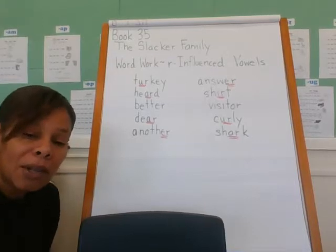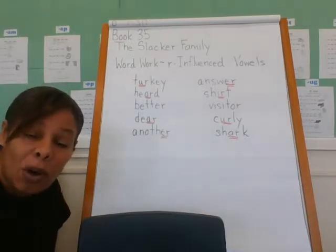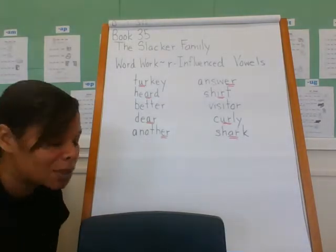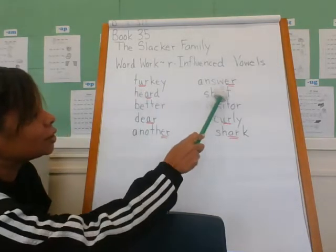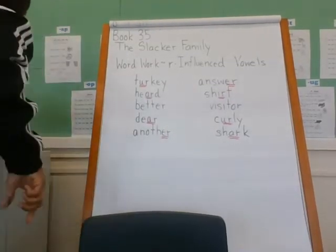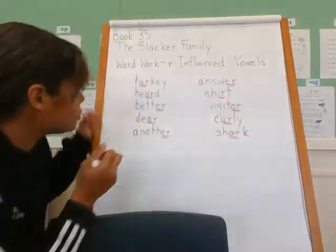Okay, so sometimes in your writing, you might have a vowel and then the letter R. And when you were younger, you might have learned about something called Bossy R or R-influenced. Basically, the R makes the two letters make a new sound. Okay, so I underline the U and the R makes a another this one, this another one, or,